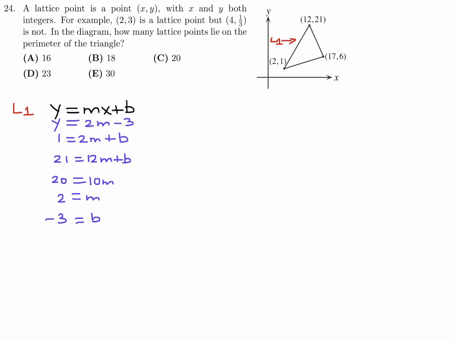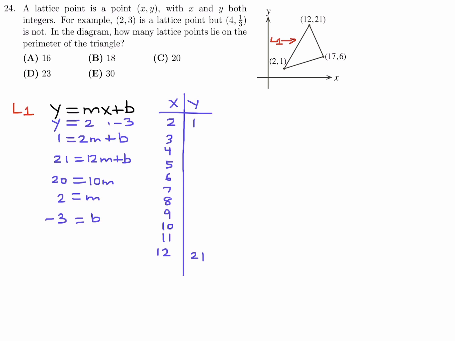Okay, so we have to make a little table and see what we get for lattice points. Well, we're starting here, so that's the first one, 2 and 1. And we're ending here, so that's the last one, 12 and 21. So we have to go up in terms of integer values. So 3, 4, 5, 6, like that. We're not allowed to use anything other than integers. But we have to figure out how many of these will give y values that are integers. Well, without going through the math,